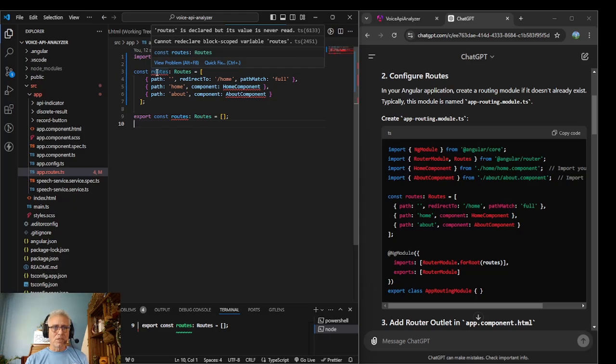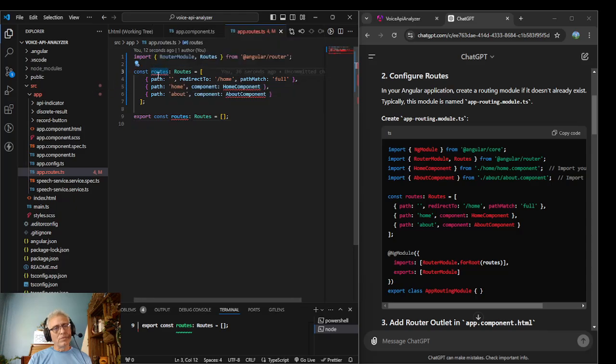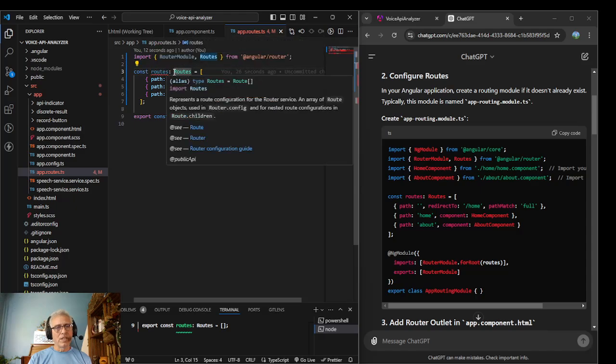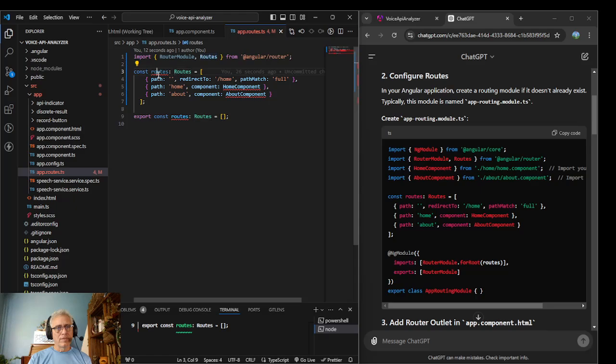Cannot redeclare block scope. Oh, I already have this. So it wants me to do these together. Do I want to do it that way? I guess so. I don't like it. I like to do them like this. I like to say